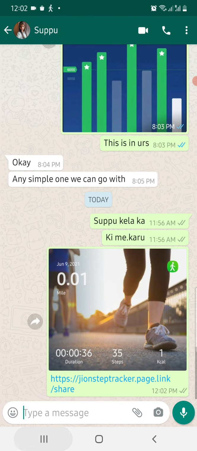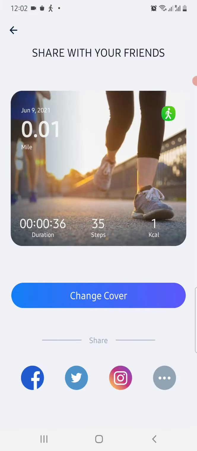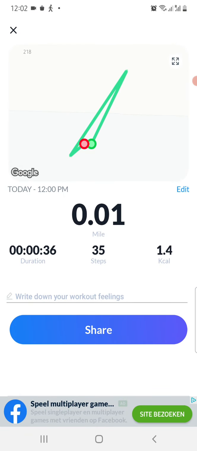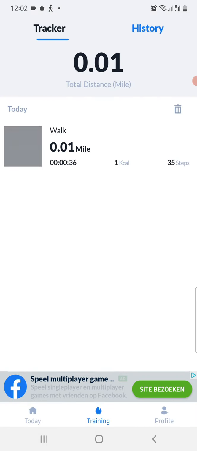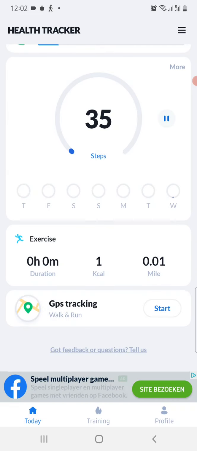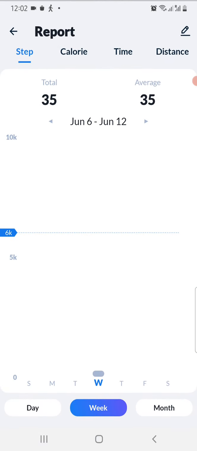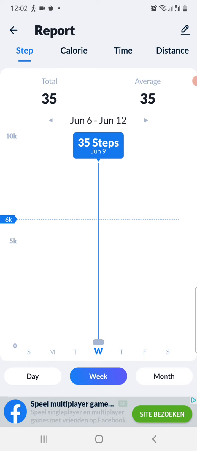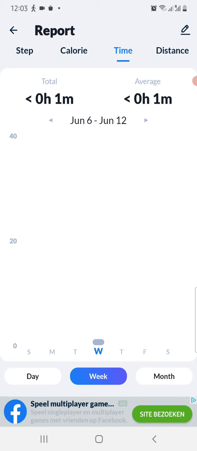If somebody, like your family or your doctor, asks you to keep a track and a proof that yes, you did it, you can utilize this. But this is also for your own reference. You have weekly data as well. On a complete week, you can see your data, your average time, or how much distance you cover on a weekly basis.